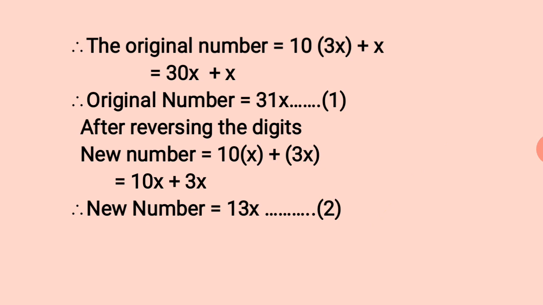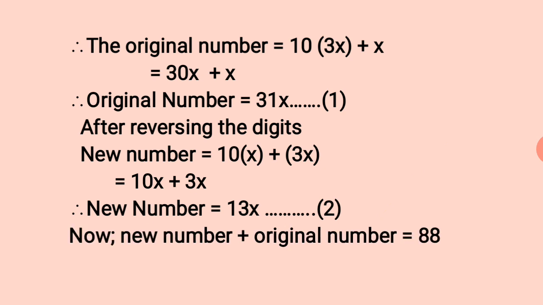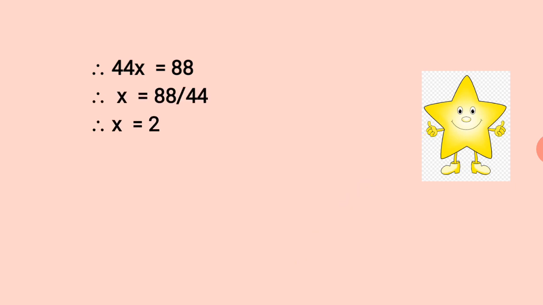Now the relation is given between these two. When you add these two, the total was told to be 88. New number plus original number equal to 88. Such conditions are always given. So whatever condition are given, accordingly a statement will be generated and you will substitute the value. Here, ultimately, after substitution, you will get it as 13x plus 31x equal to 88. 44x equal to 88, which can be simplified further to x equal to 2.